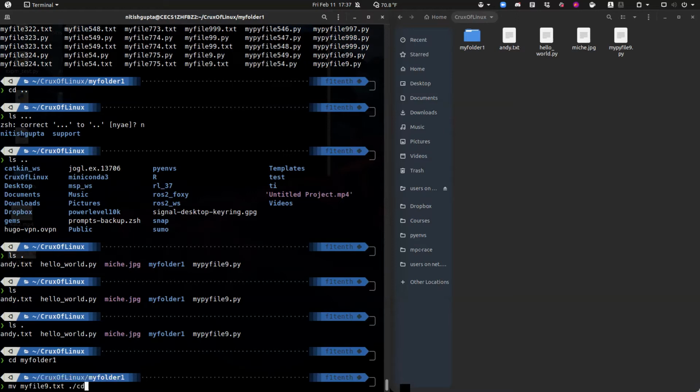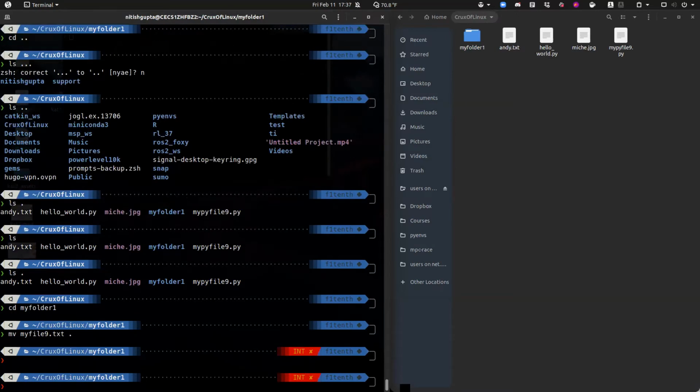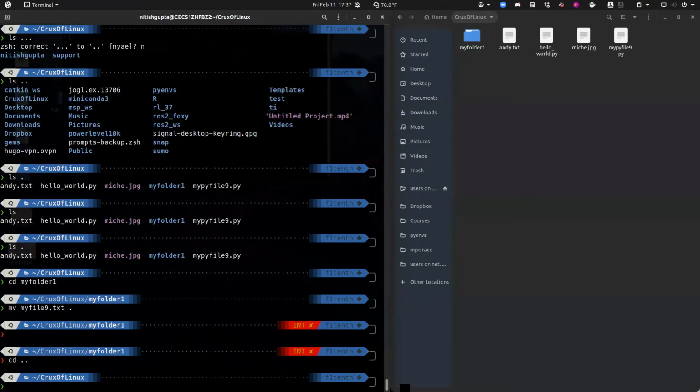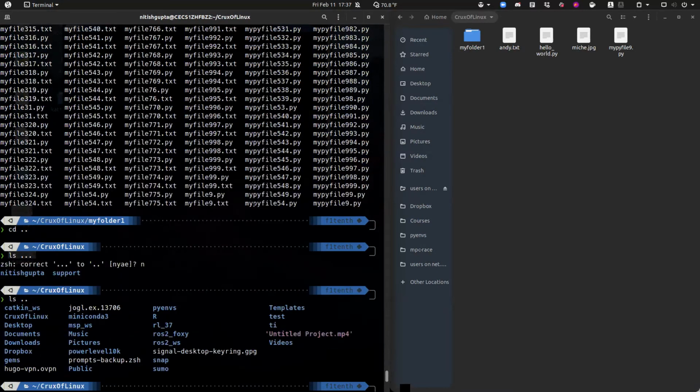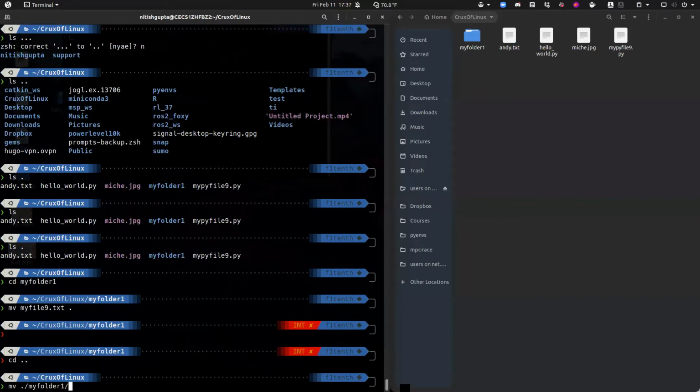Otherwise, what else I can do is go back to Crux of Linux. I can do move from folder, from my folder, what I can do is, sorry about that. So let me just copy one of the files. So now,